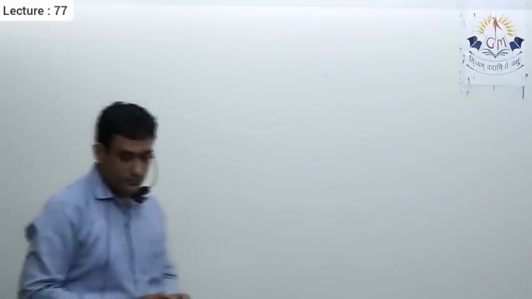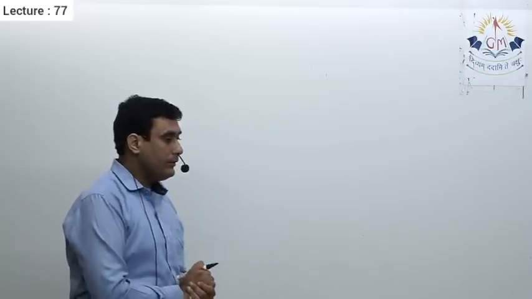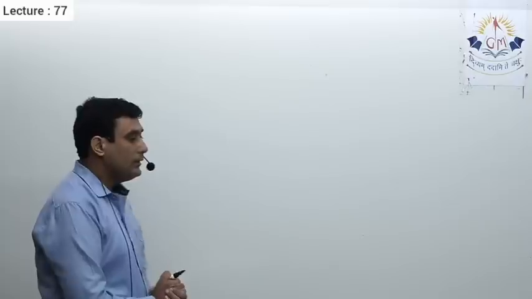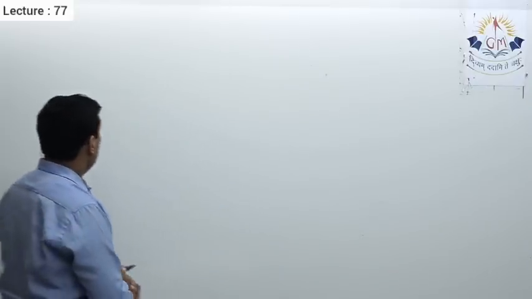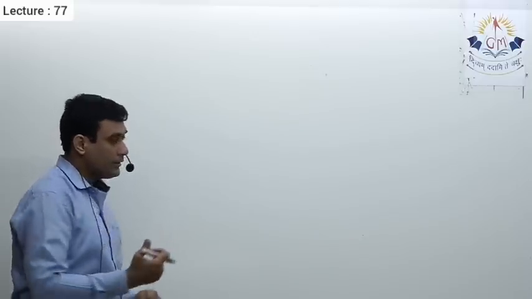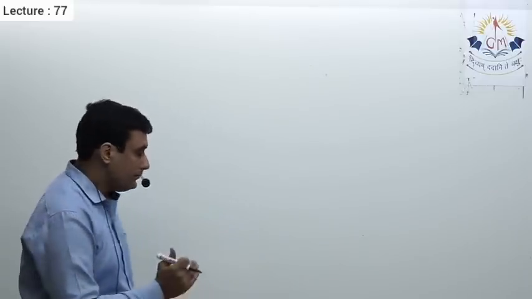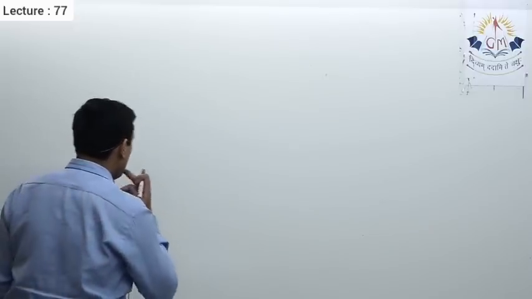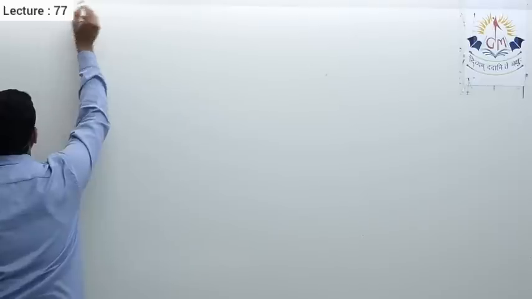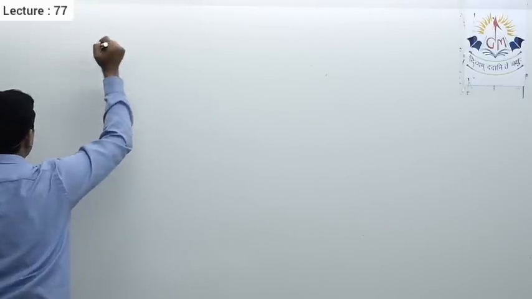Hello friends, in the last lecture we started the inequalities of a triangle. There we saw the first theorem, that if two sides of a triangle are unequal, then the angle opposite to the longer side is greater. Now in this lecture we'll see two more theorems, and the very first is the converse of the first theorem, that is, in a triangle the side opposite to the greater angle is longer. So this is the second theorem of inequality.